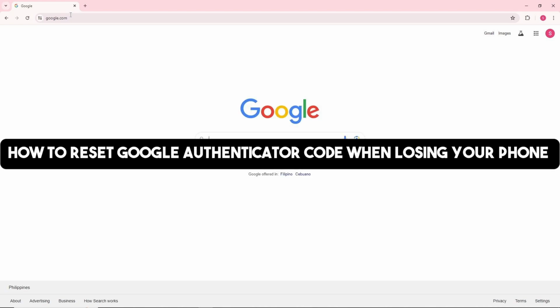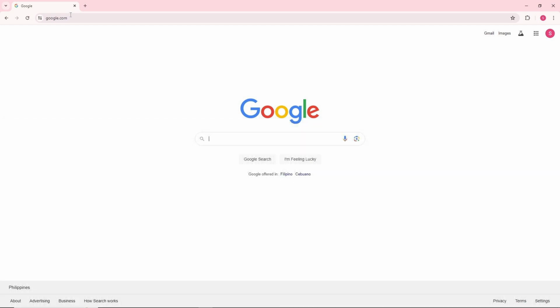Hey guys, this is how to reset Google Authenticator code when losing your phone. So guys, if you ever lose your phone and you want to reset your Google Authenticator code, what you would try to do is